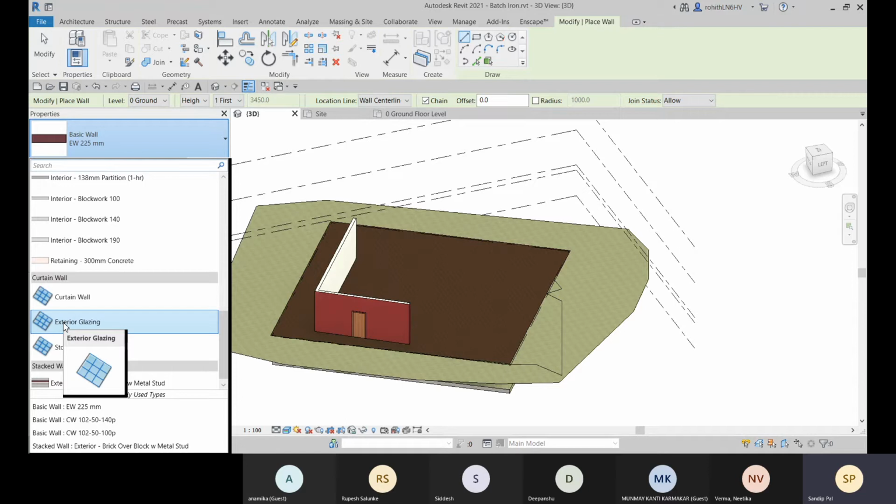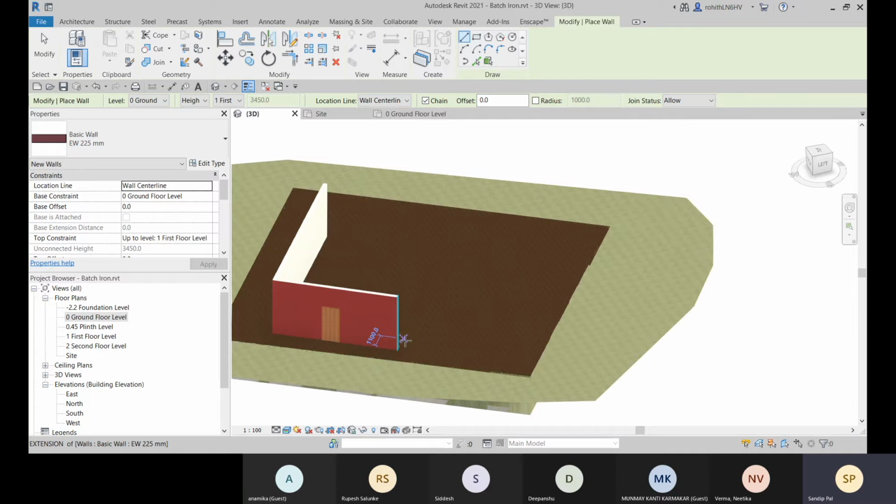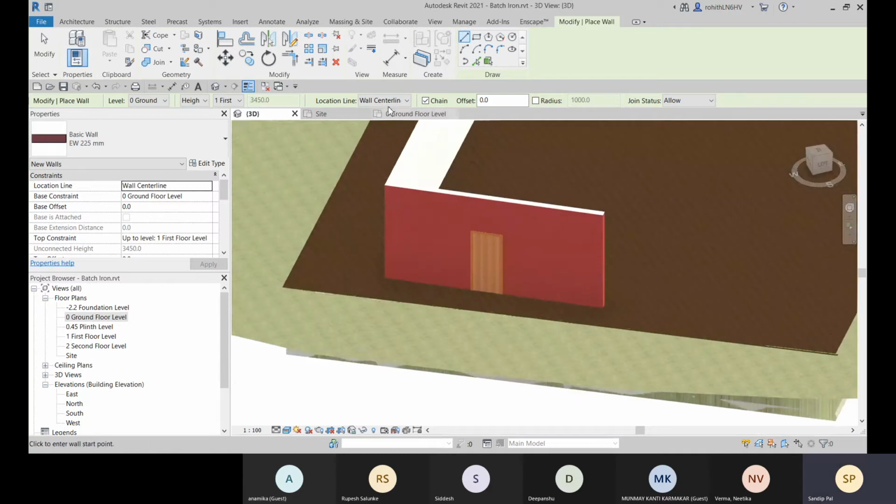And with the storefront, you place the divisions and the supports. The supports are called mullions. Okay, so these are the different things. Now let me just show you that.